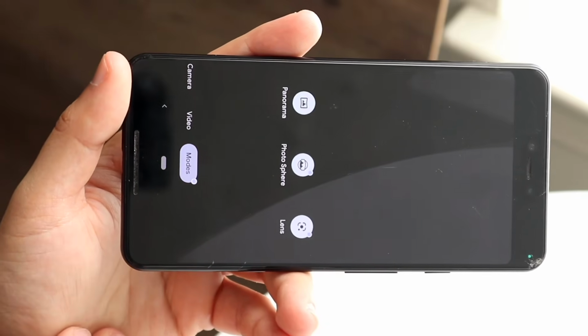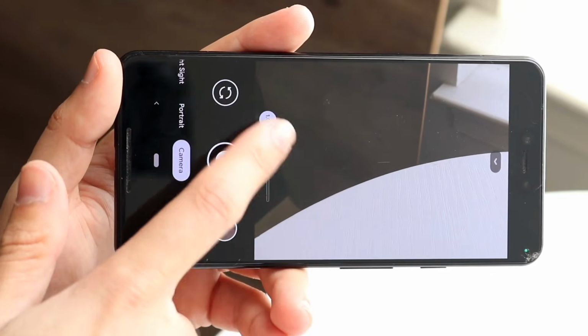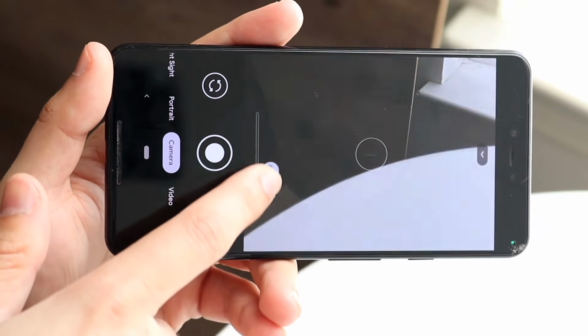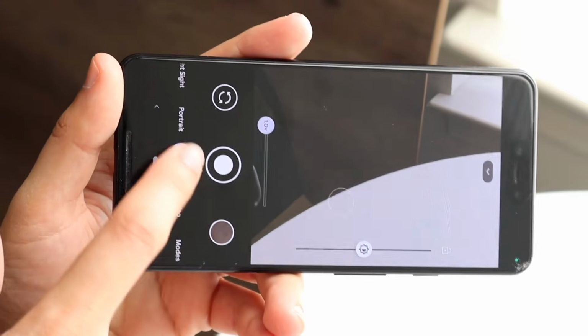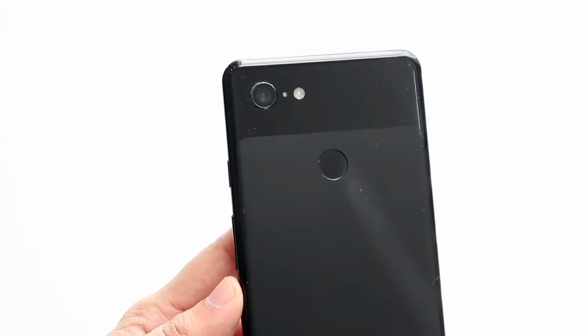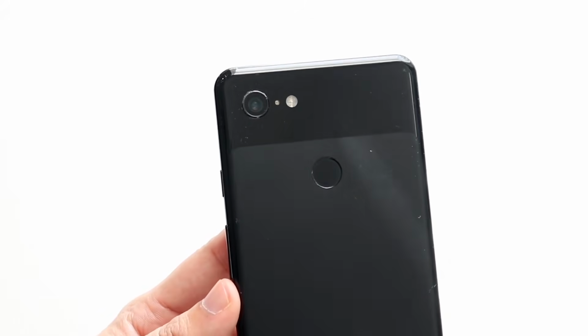You're going to have to remember when you go through and buy a phone like this, one of the biggest capabilities of this phone at the time was the camera, and you could say that Google kind of flopped a little bit with this camera when it came down to it, but that was just another one of those things that just ended up happening there too. So beyond that, that's kind of the big thing to keep in mind here within this particular phone